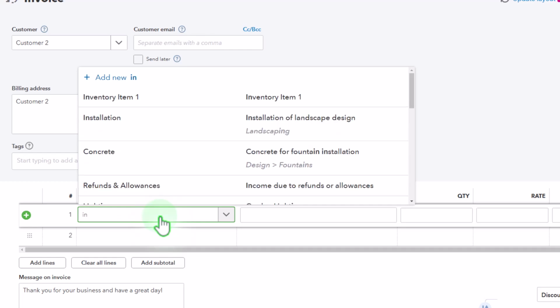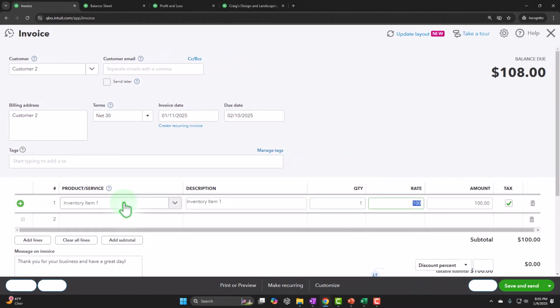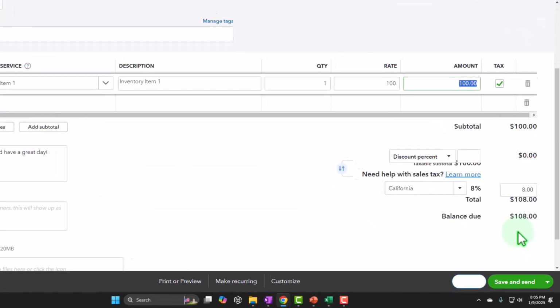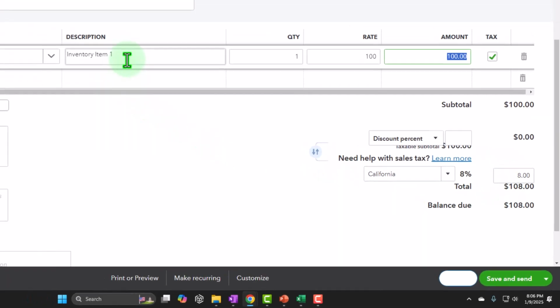Inventory item 1. All right, so there it is. So what's this going to do? It's an invoice. It's going to increase accounts receivable by 108. The other side's going to go to sales for $100. Difference $8 in sales tax payable, and the inventory is going to go down by the $70 driven by the